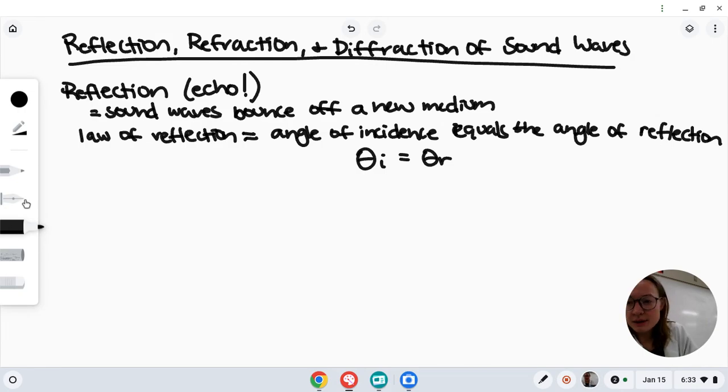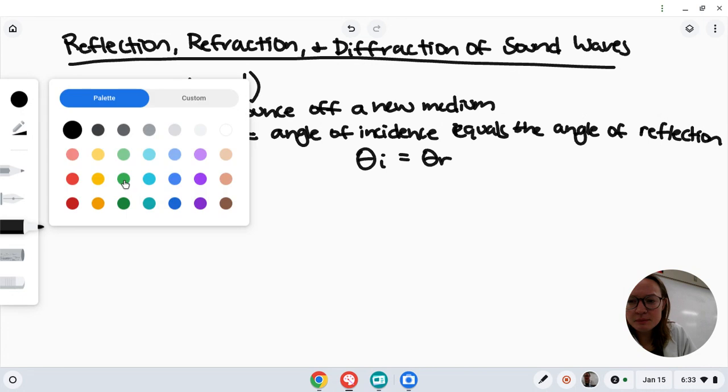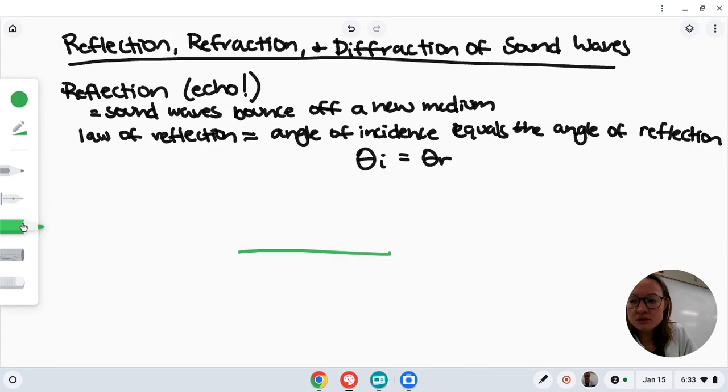Let's draw a little picture of what we mean by this. If you take a bouncy ball and you throw it towards the floor like this, the angle that you send it in at is going to equal the angle that it bounces off at. If you send it straight down towards the floor, whoop, straight down, it'll bounce, whoop, straight back up.